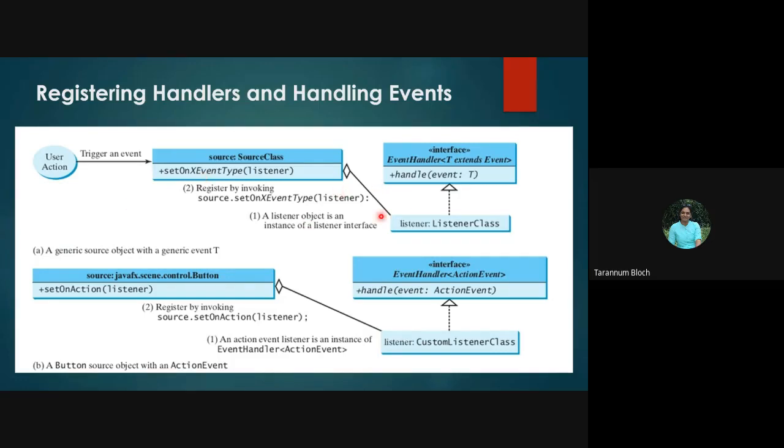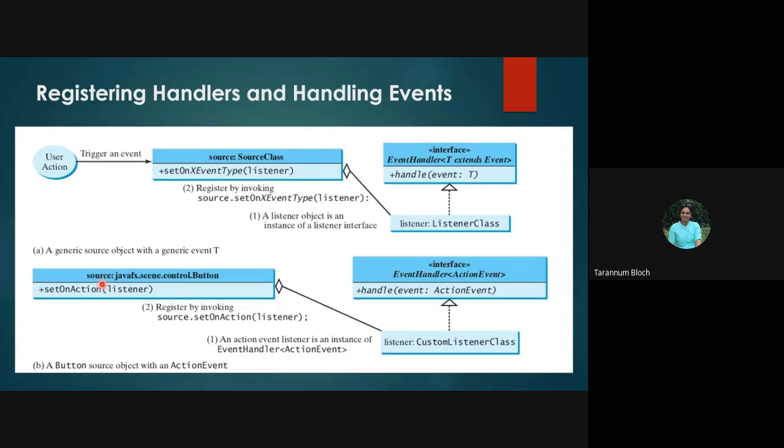And now, the way we have generic, we have specific. For example, a button. A button is a specific source. It's not a generic source, and we are not talking about event handling in general. If it is in general, we'll go with the generic. But now we are sure about the source, so we say button, right? So button is the event source, and we have the action event. If a button is pressed, we will have the user action, that is, button pressed.